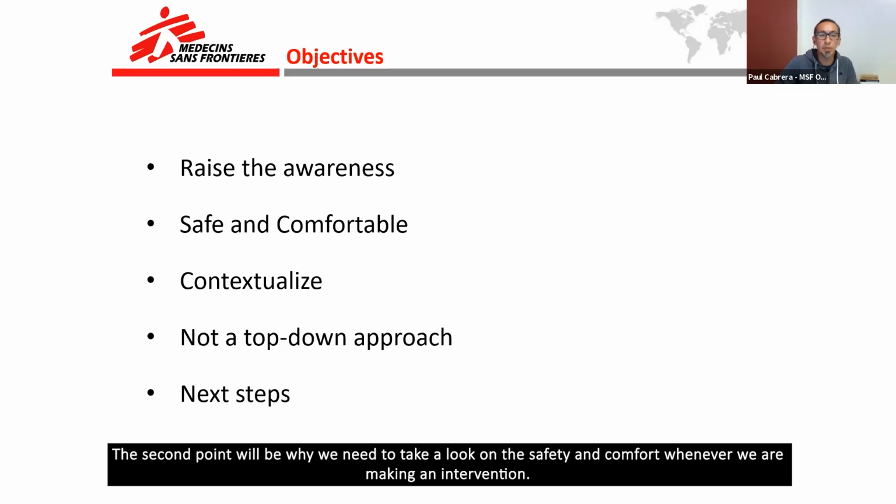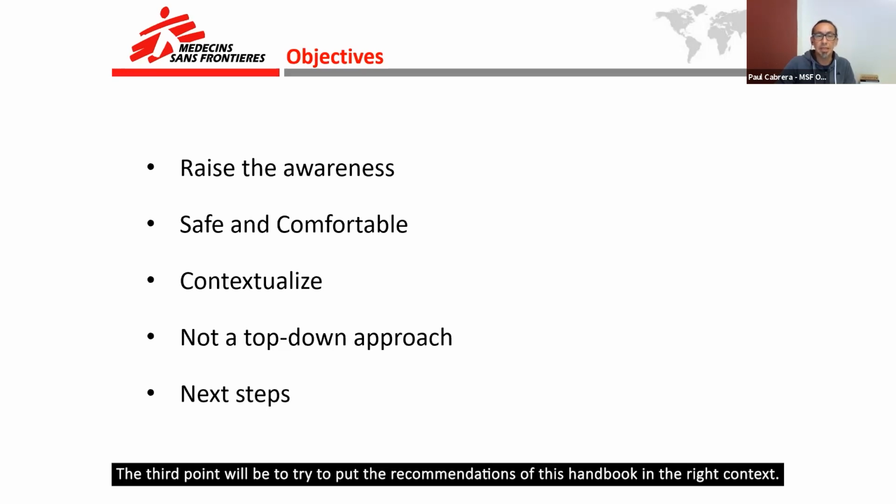The second point is why we need to look at safety and comfort whenever we are making an intervention. The third point is to put the recommendations of this handbook in the right context.